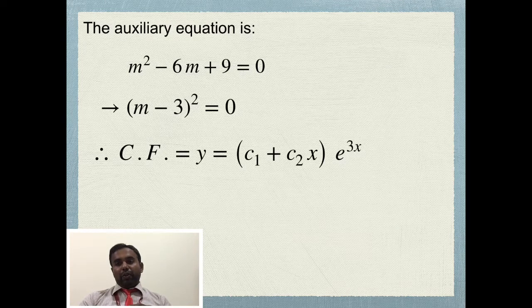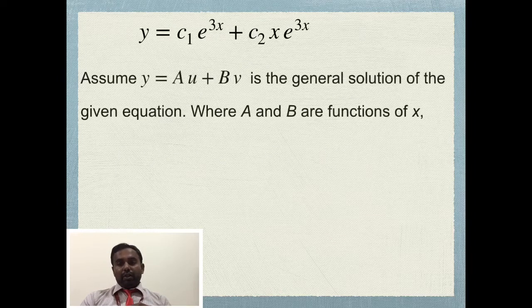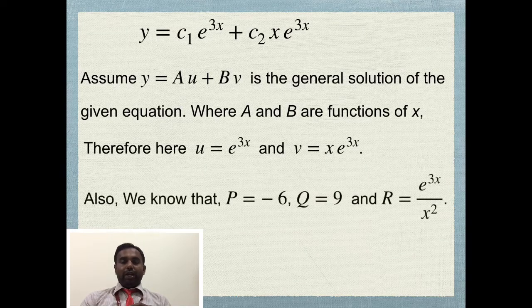Directly we can see it is of the form (a minus b) the whole square. So the root values are 3, 3, roots are real and equal. So the complementary function takes the form (c1 plus c2 x) into e^(3x). So when I have the complementary function in that way, in the next stage I will take y equal to c1 e^(3x) plus c2 x e^(3x),